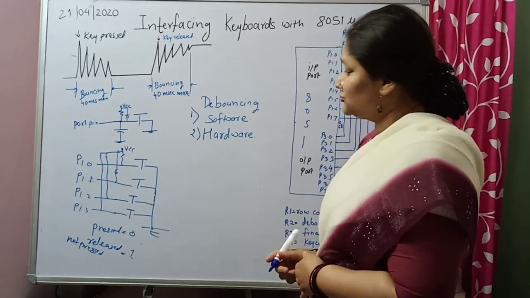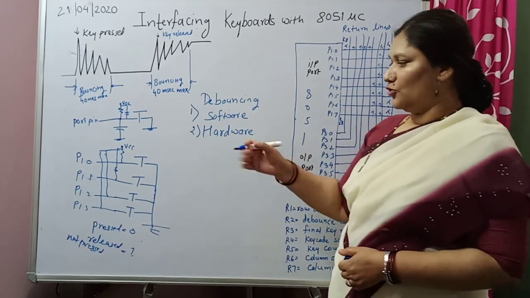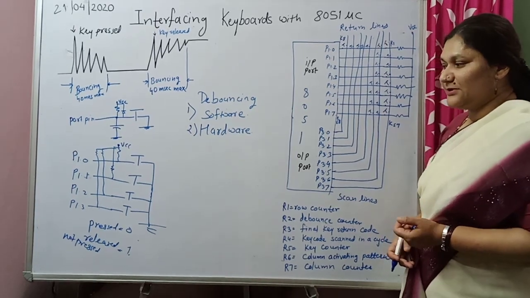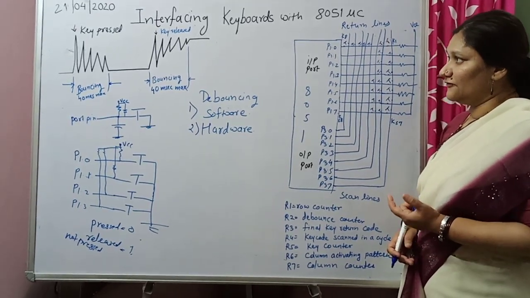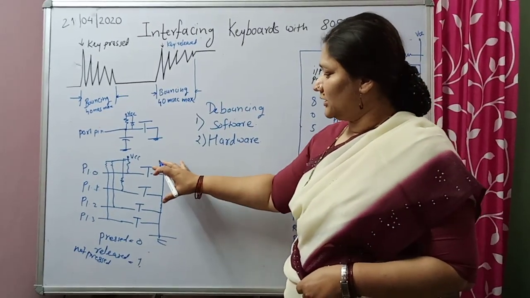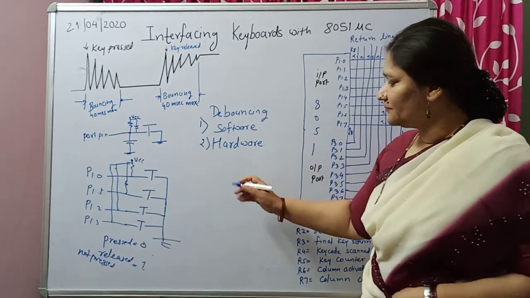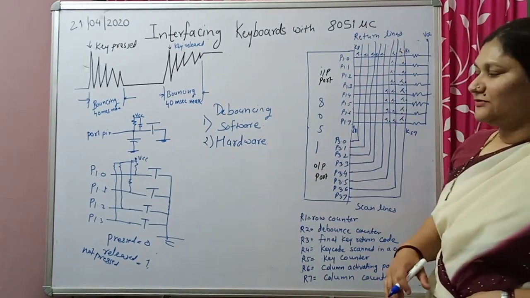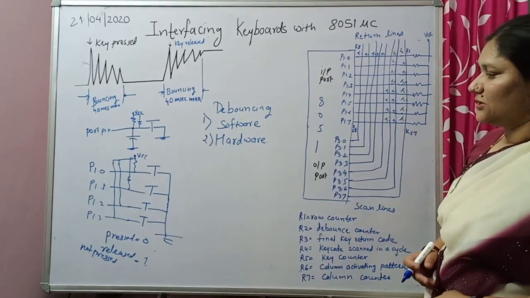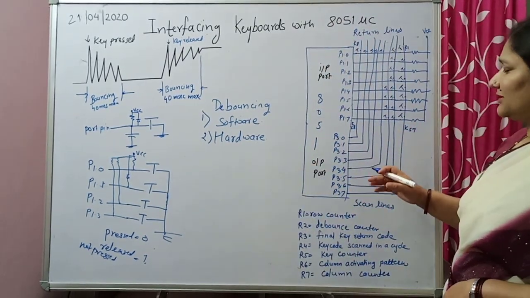Suppose you have 16 keys, then you may use two ports, let's say port 0 and port 1. But suppose you have a matrix of 64 keys, then you don't have this many port pins. If you want to interface 32 keys, that means 8 pins for 8 keys of one port, and the next 8 keys for another port. Altogether we have 4 ports, P0 to P3. Then all 32 pins will go into key interfacing, and you will not be able to connect any other hardware to the port pins. So what we do when we have a larger number of keys, let's say if you want to connect 64 keys,